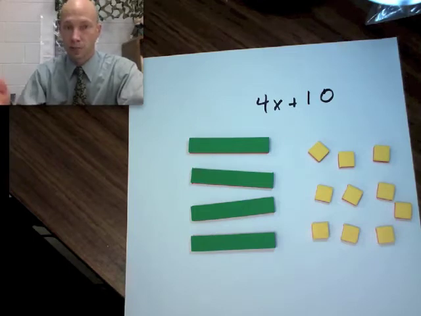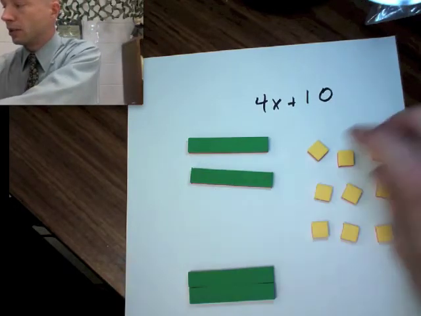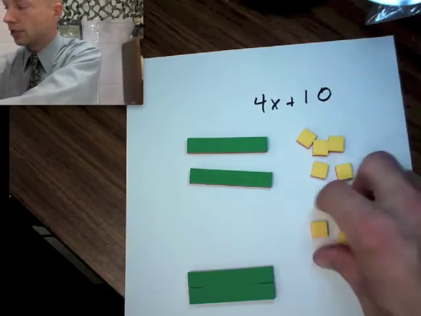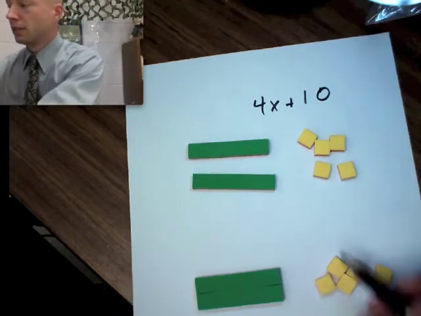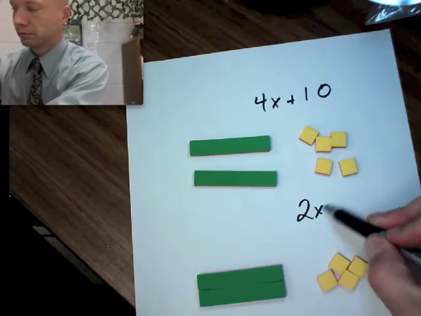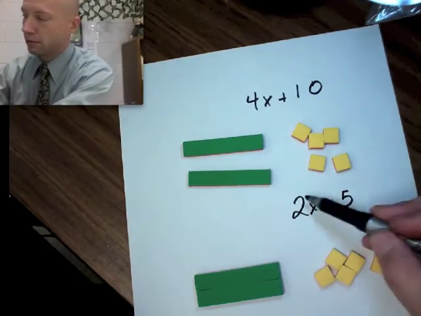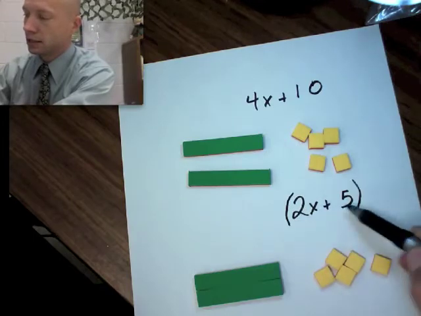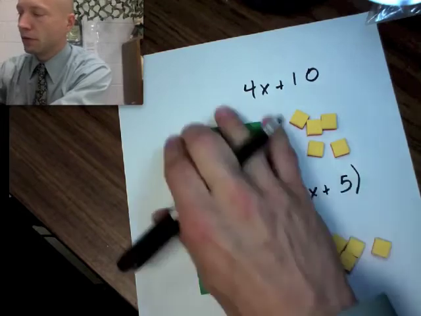Okay, you should be back. If you are, I hope that you found out you could divide this into two equal groups that look like this. Each of these groups is 2x plus 5. And so, write this on your paper now. We can see that this is 2 times 2x plus 5. Now, one way we can find that is